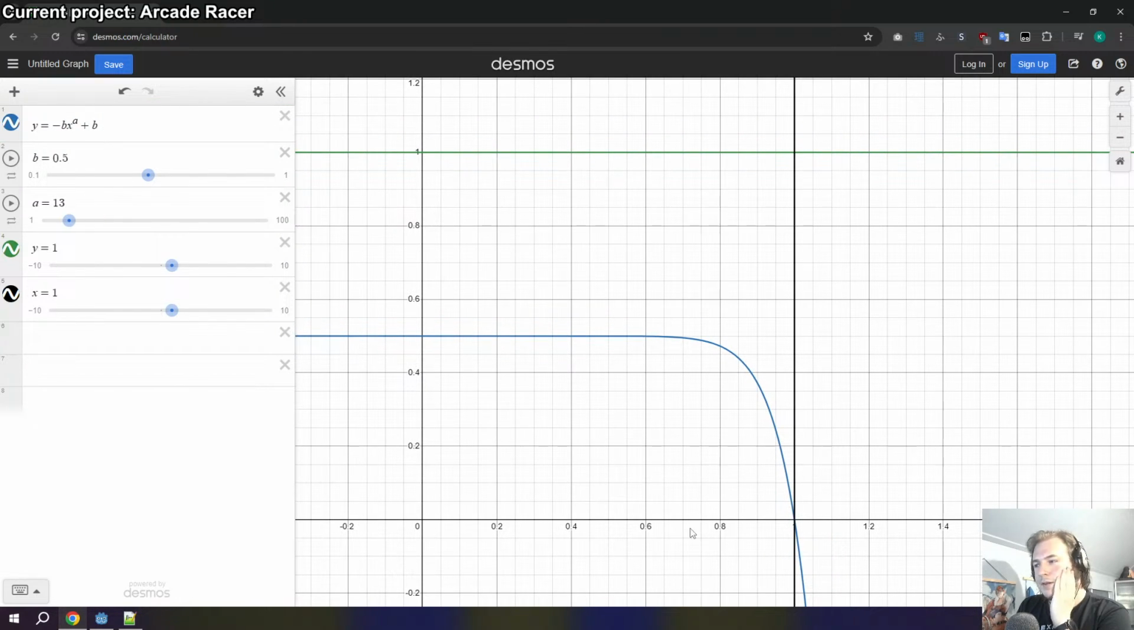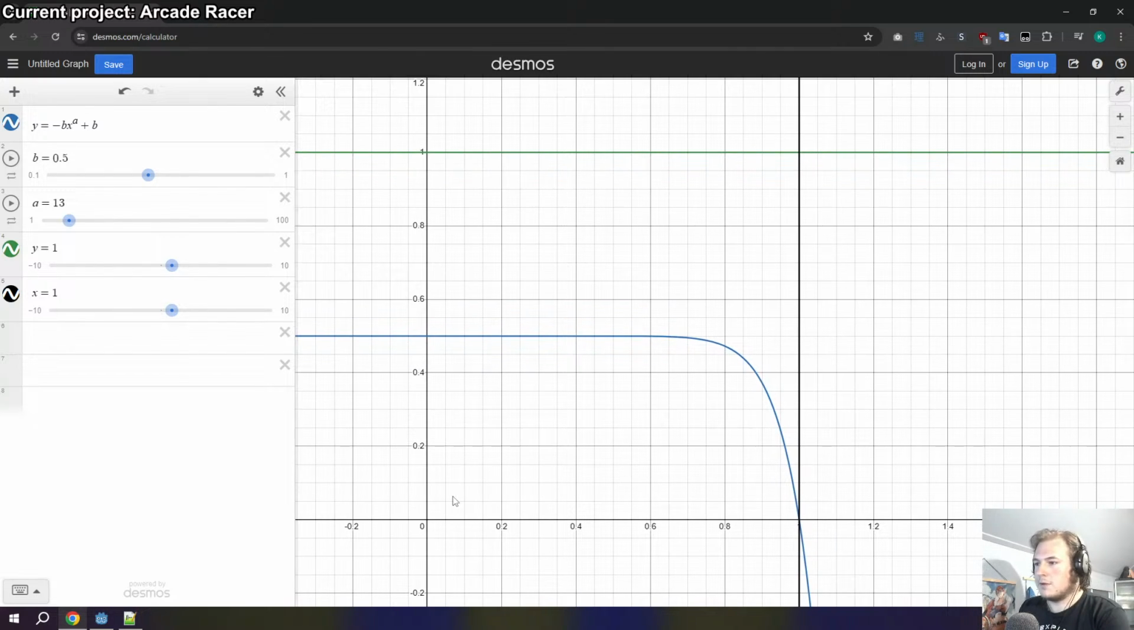Basically, think of the x-axis. Now we're going math. It's not very difficult math, to be honest, but